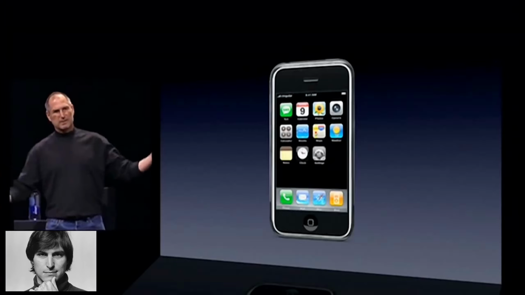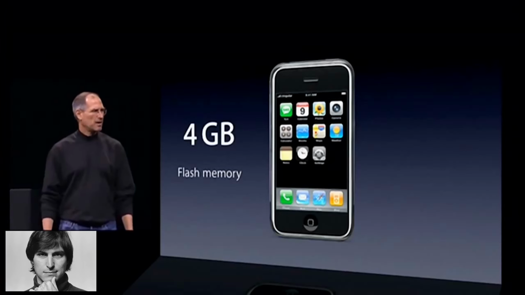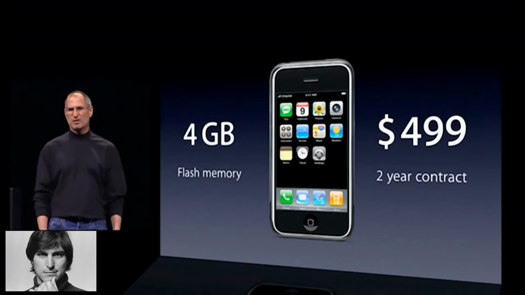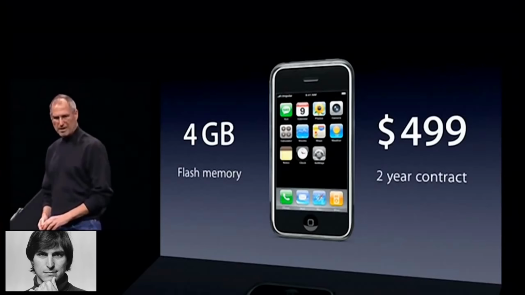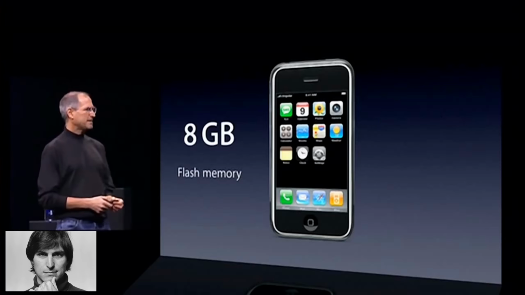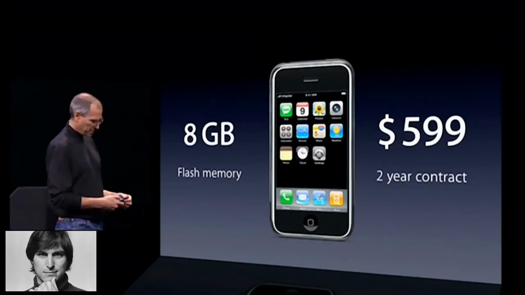And what should we price this thing at? Well, for the 4 gigabyte model, we're going to price it at that same $499. No premium whatsoever. $499. And we're going to have an 8 gigabyte model for just $599. So we're going to price it starting at